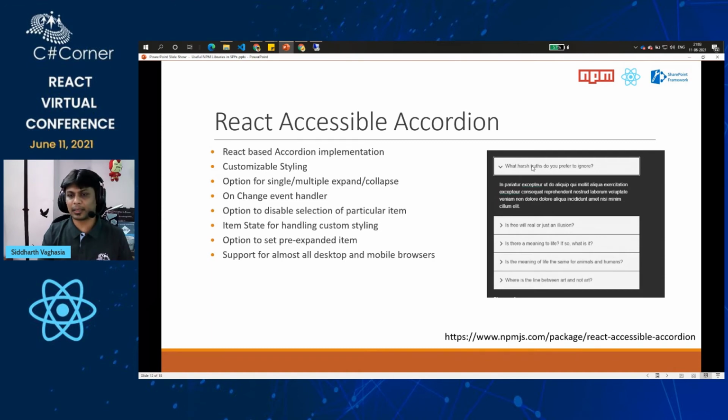It's not just about creating FAQs using an accordion. You can also build a form which looks vertical, like a tab, and on click of every tab on the right hand side you load a different component, like for example create new form, or my request, or my pending task, etc. Then it also supports all the desktop and mobile browsers.